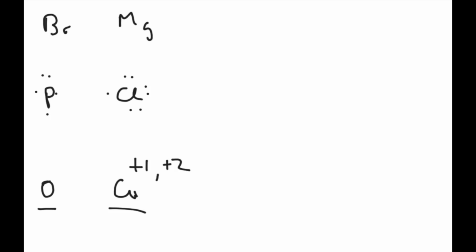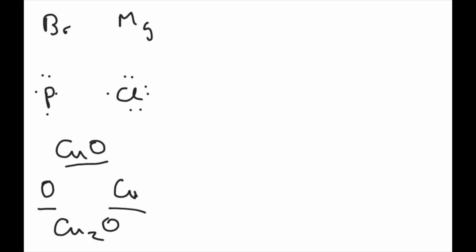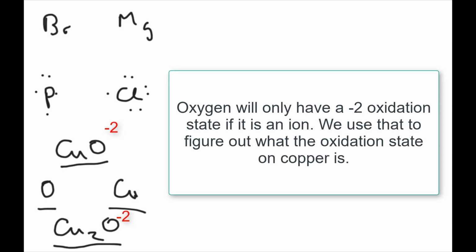So we're going to try something a little different here. I'm going to define 2 compounds for you already. One is CuO and the other is Cu2O. And we're going to go through determining the oxidation states of the various atoms on it, and we're going to name this compound. So for copper, we know that the oxygen attached to it has a 2- charge in both